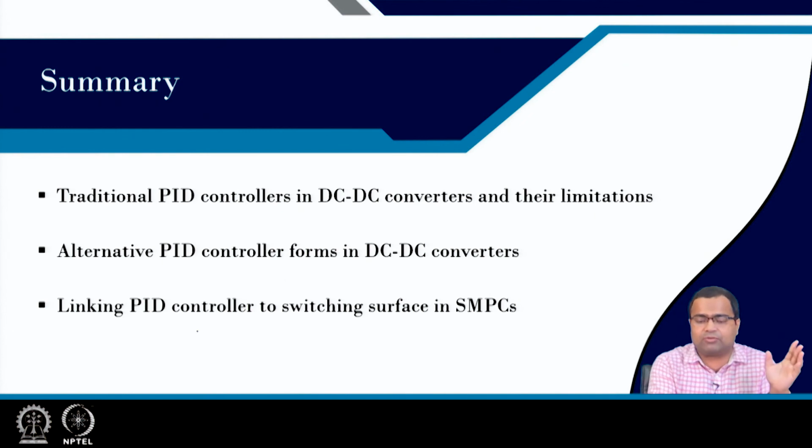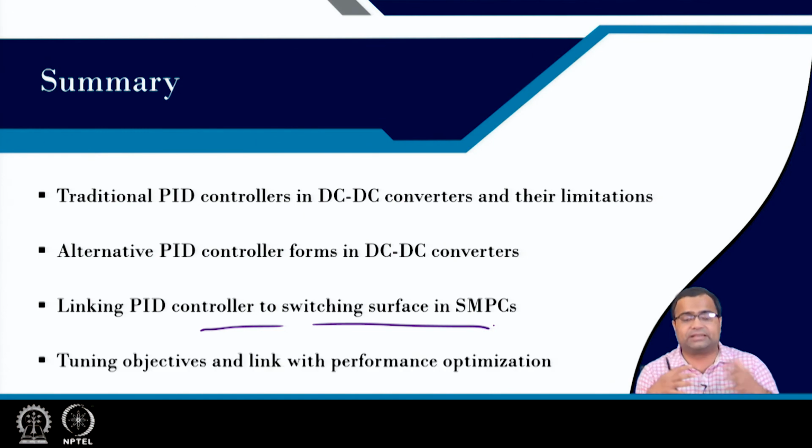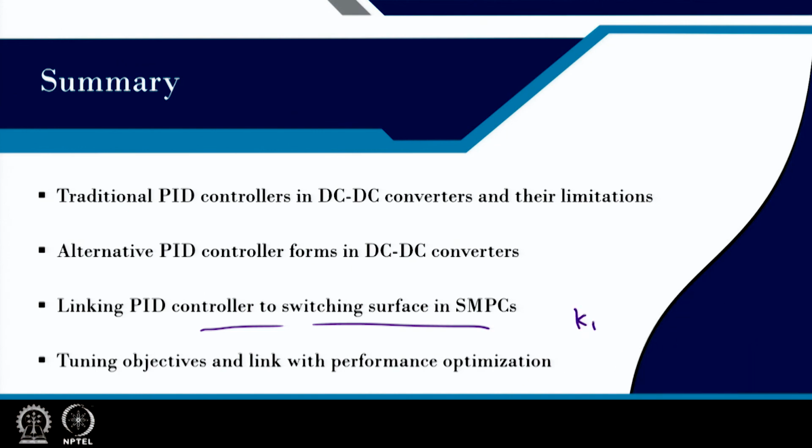We have linked the PID controller with the switching surface in a switch mode power converter, and in the subsequent lecture we will show that we can use different types of modulators, and we have applied it for buck, boost as well as buck-boost to get similar optimal response. We have set the tuning objective and linked it to the performance optimization criteria, where the choice of proportional gain seems to be the key factor. So, in the next lecture we are going to derive analytically what should be the right choice of proportional gain, using a large signal model where we can achieve time optimal recovery, which was not possible in linear control or the small signal model. So, with this I will finish it here. Thank you very much.